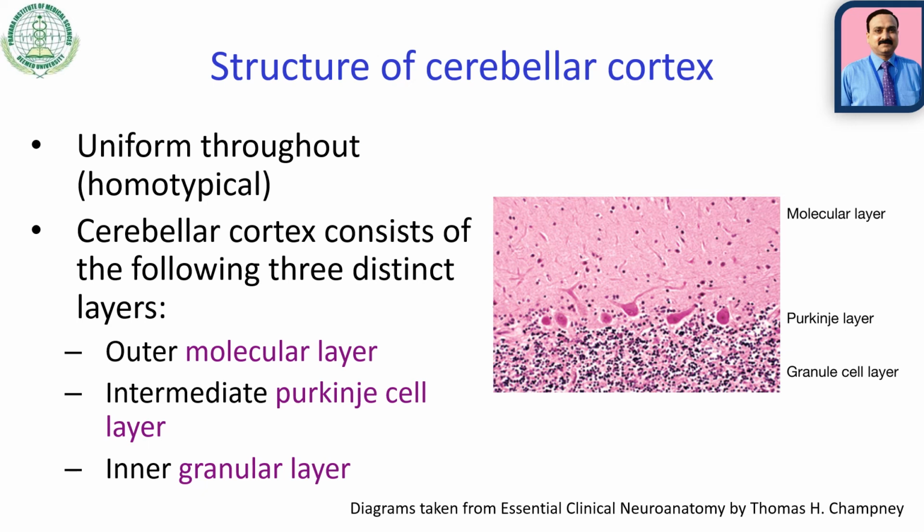The cerebellar cortex consists of three distinct layers, and these are outer molecular layer. So this is outer molecular layer. Then this is middle Purkinje cell layer. This layer is made up of only a single cell layer, which are largest in size, and the third one is granular layer or granule cell layer. So these are the three. Details of each cell will be studied along with histology. So you just remember here there are three layers: molecular layer, Purkinje cell layer, and granule cell layer.